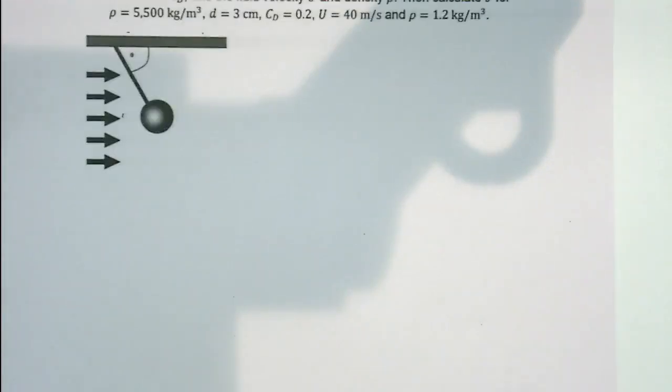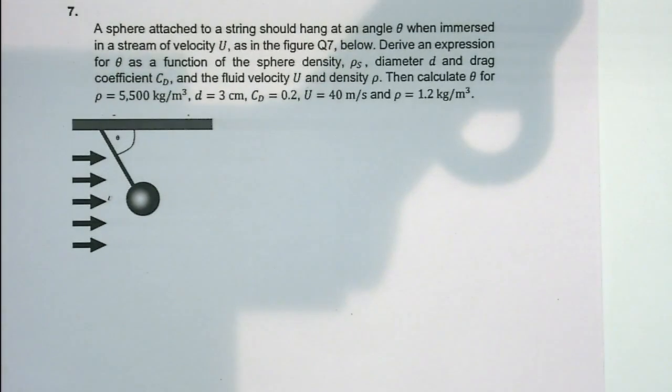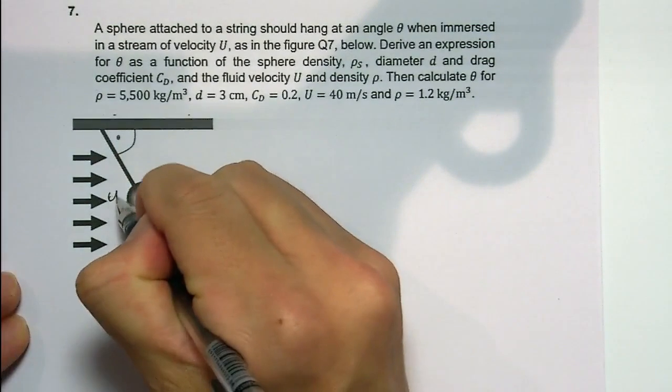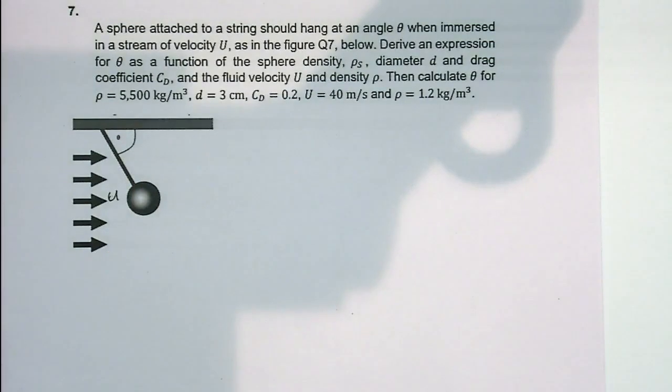And the last two use the coefficients of lift and drag. For this one, a sphere attached to a string is put in the wind with the velocity of u, and it is blown up and generates an angle here. And we know the drag coefficient CD, and also the density of the sphere, and also the